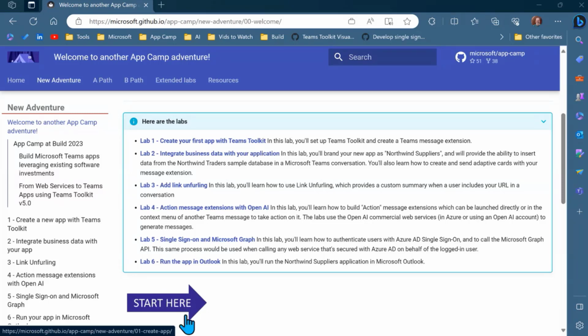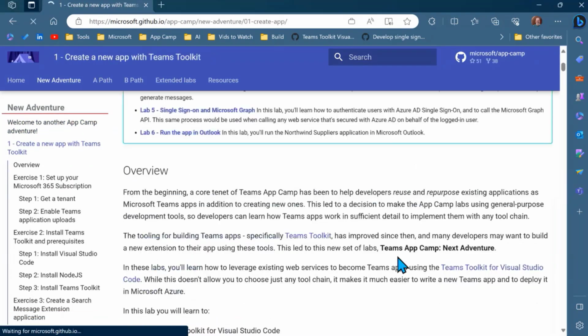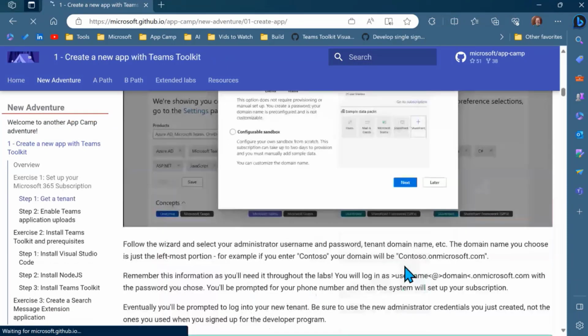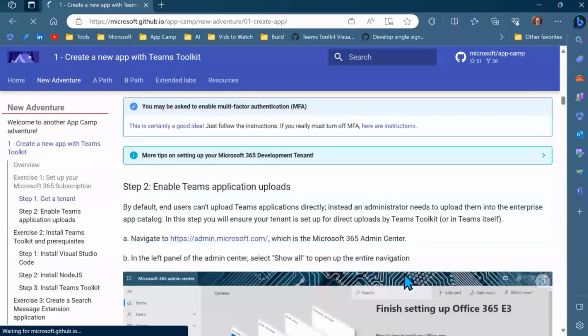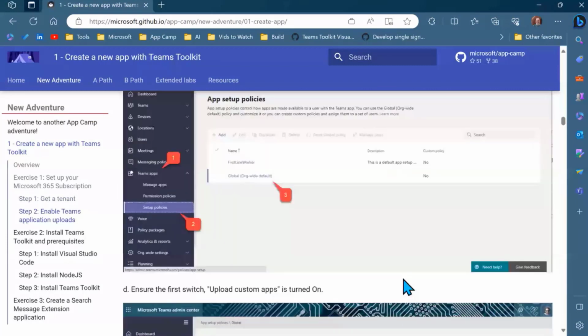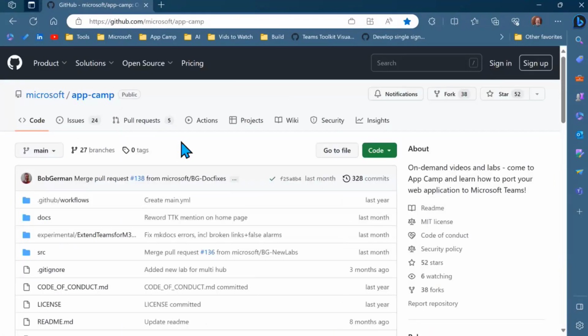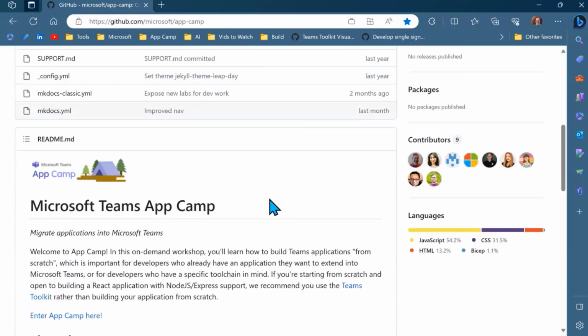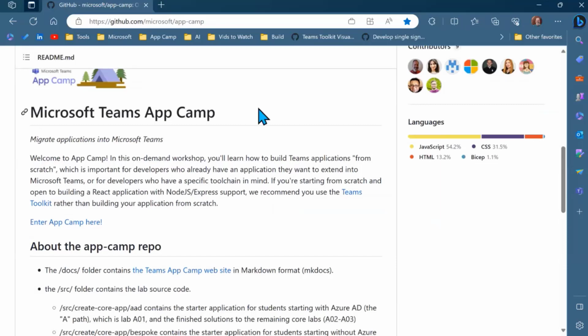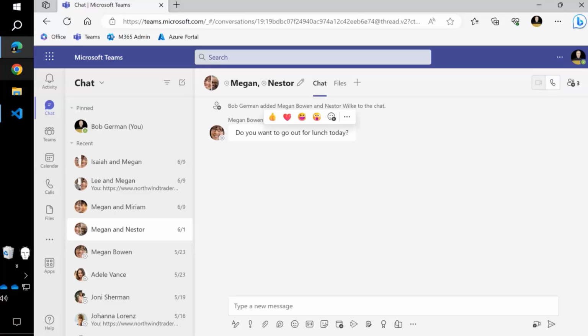So those are all the steps, and everything is incredibly detailed, step by step, starting with getting your tenant and setting everything up. So you should be able to just follow these instructions. And if you have any feedback or questions, you can click here to go to the repo. We're actually using the issues in there to orchestrate that, and this is also where your finished solution files are. So without further ado, let me just pop in and show you the finished solution.